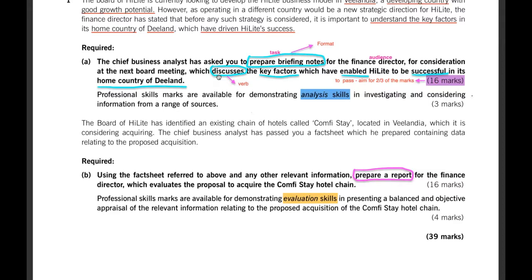I think for those who are already in the WhatsApp group, I've already posted to you the question verbs by ACCA. So you may refer to that. So you need to discuss the key factors which have enabled Highlight to be successful in its home country of Dylan. So you need to actually discuss what are the things that have made this particular Highlight successful in Dylan,